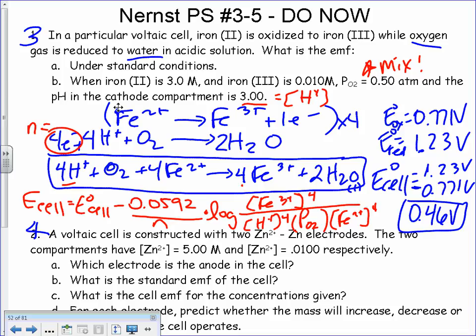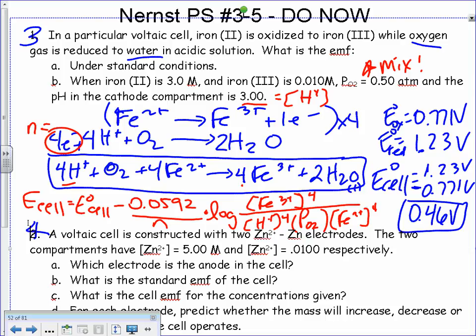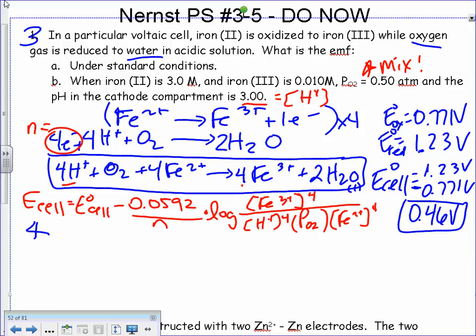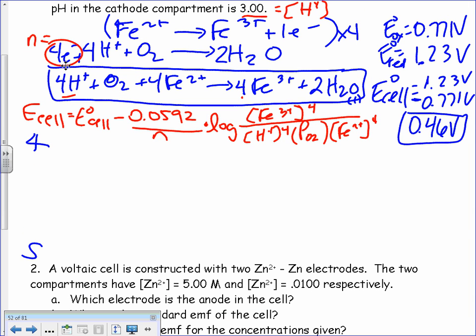A little complicated, right? So we have to make sure we include everything. I recommend writing it out so you don't skip steps here. It's going to end up poorly if you can't plug it in correctly. So your values up here will get plugged directly in there. Your n is 4. And when you plug all that in, your value is